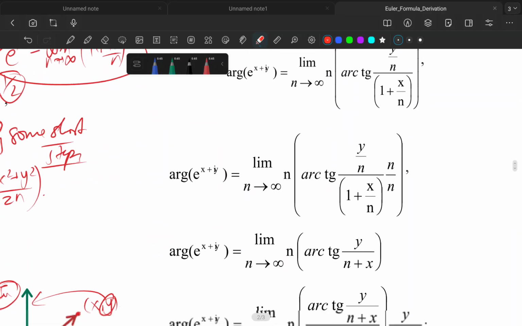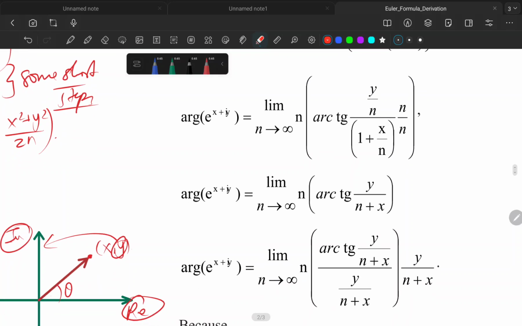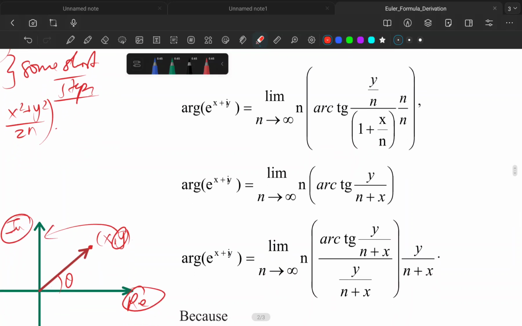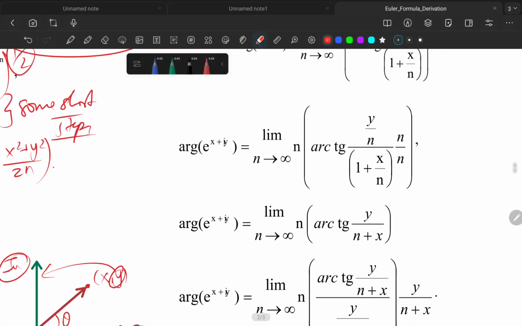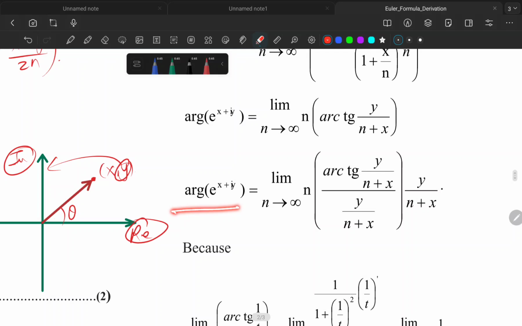So here the author just multiplied and divided with n, and let's see what he did with that. When you look carefully and multiply this thing, it becomes n plus n in the numerator, and in the denominator this n and this n cancel out, leaving only y in the numerator. So far so good. So the argument of our complex number becomes the limit as n tends to infinity of n times